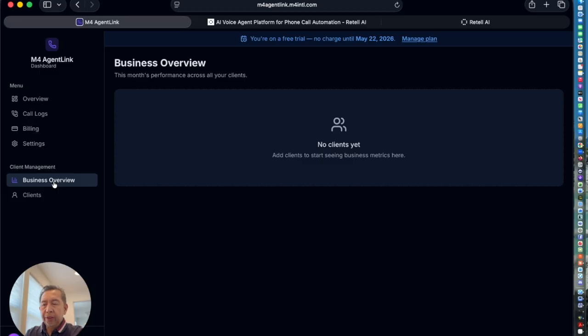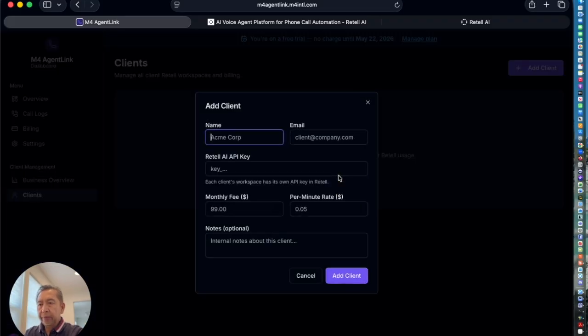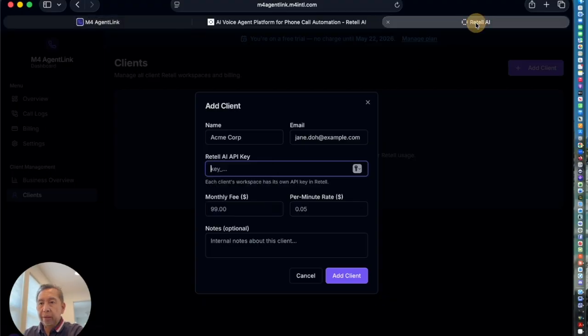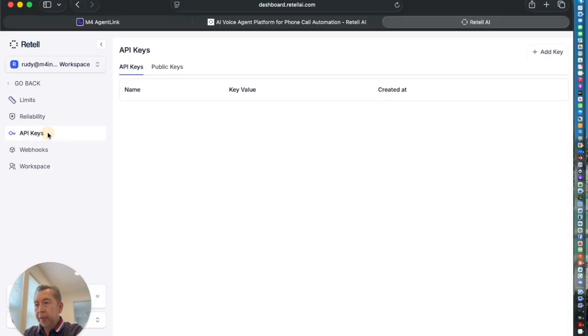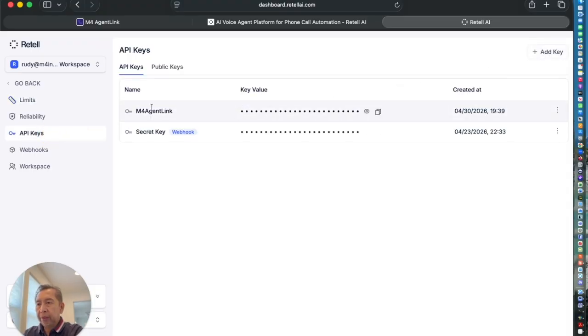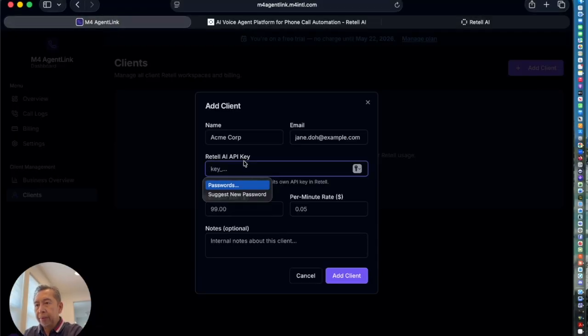So right now, we don't have any clients onboarded. So here, when you add a client, we'll name, for example, Acme Corp, and a.jane.doe at example.com. And then here you would enter the workspace key for your client's workspace. So you would go to your Retell dashboard, go to settings, go to API keys, and you would add a key. So I've already added a key here for the app, and you're just gonna go copy it, go back to the app, paste it here,